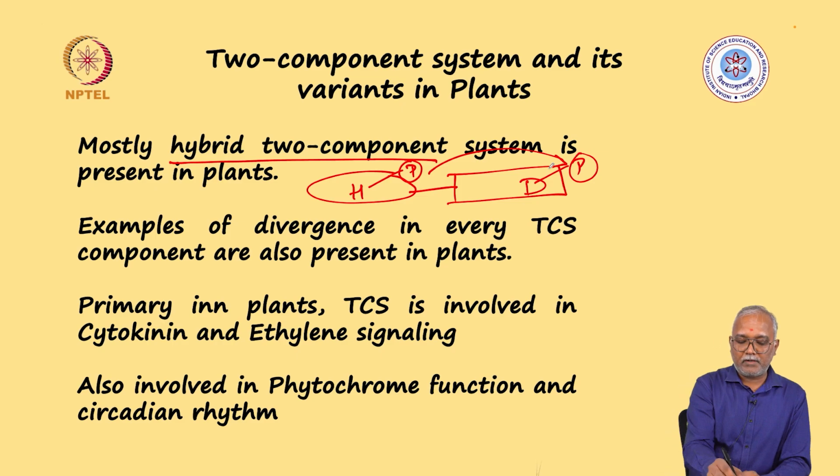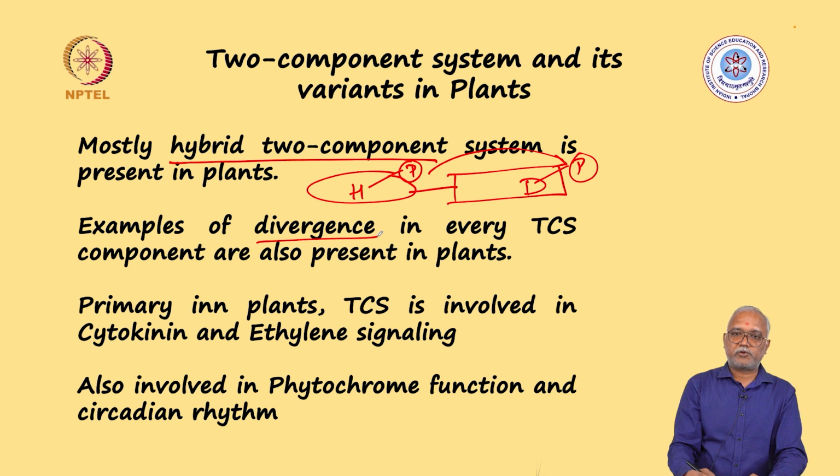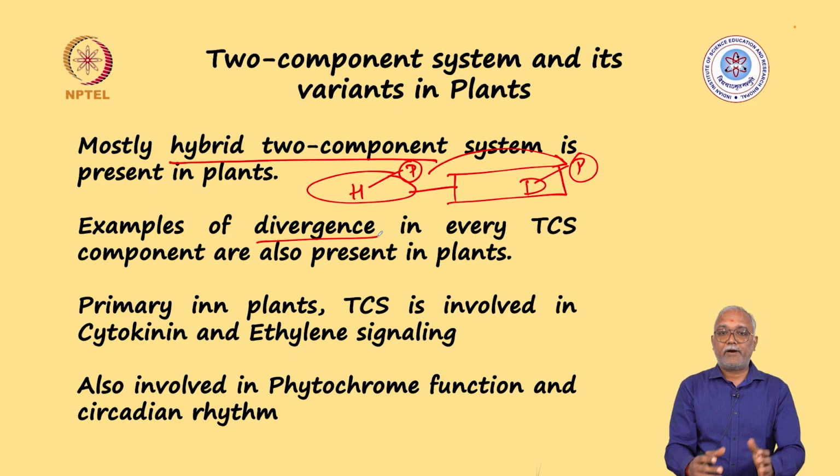There are also examples of divergence in the two-component system. We will discuss more about that, but just to initiate you here, the divergence refers to the different types of receptors which are present, which are non-canonical. Non-canonical here would mean that